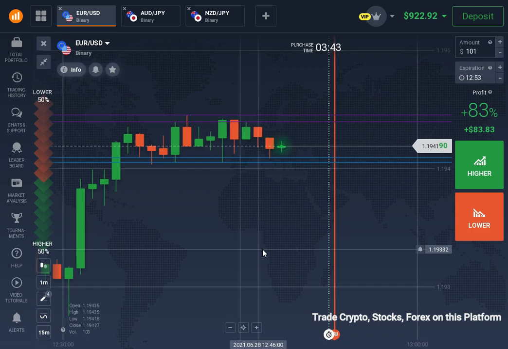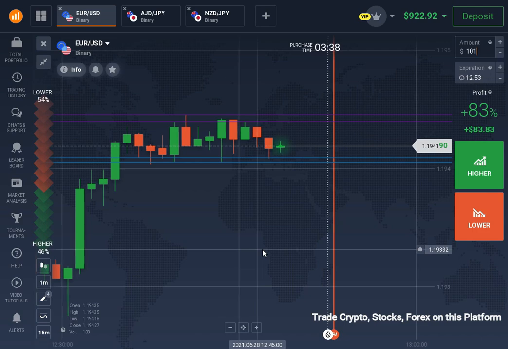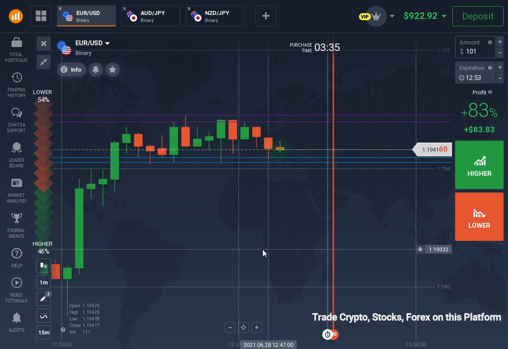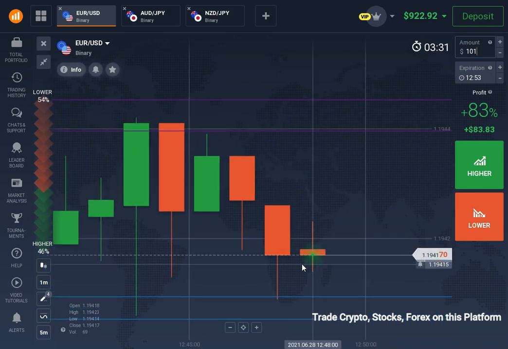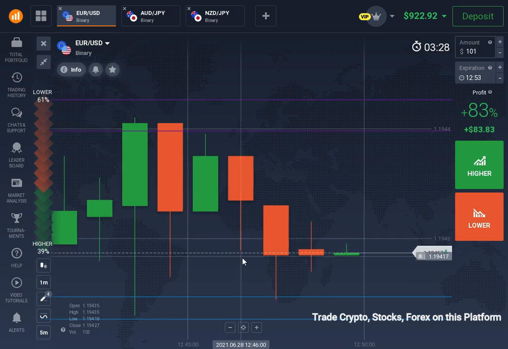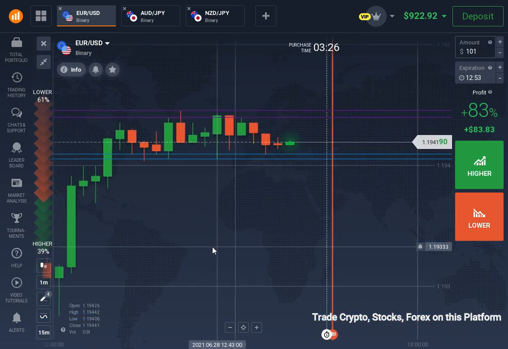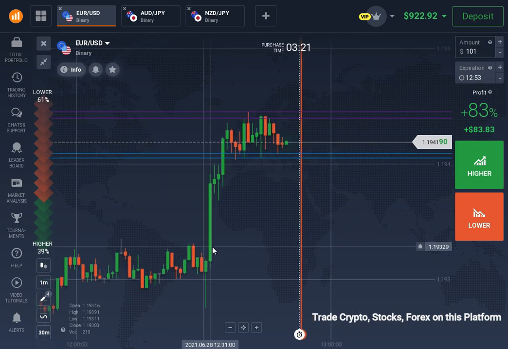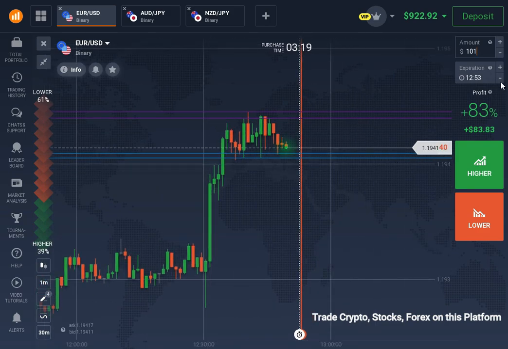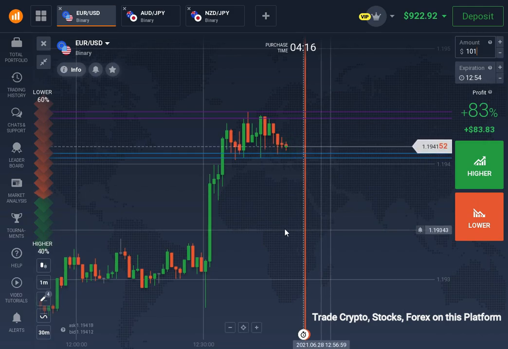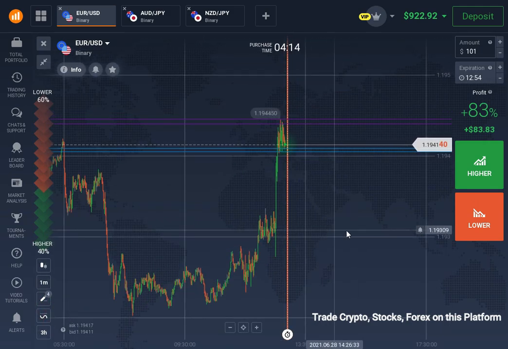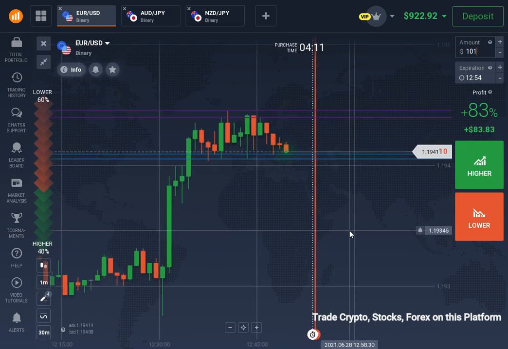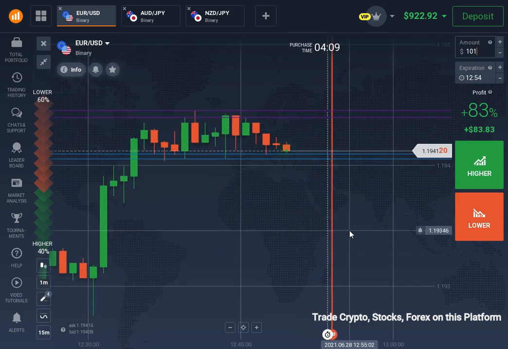The volume is very low here. You can see the market is not moving at all. Just waiting for a good volume, and in either direction we are going to place our trade,